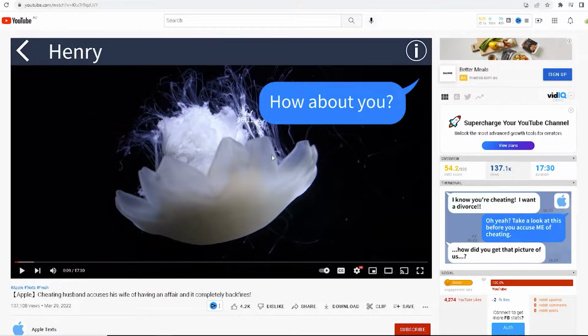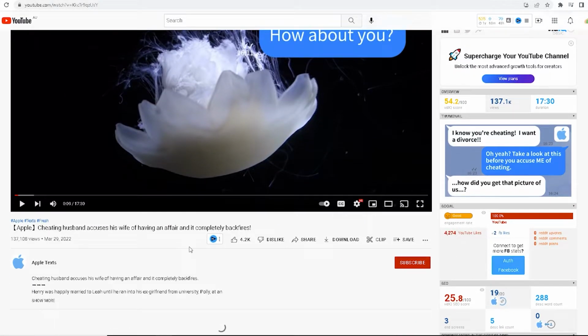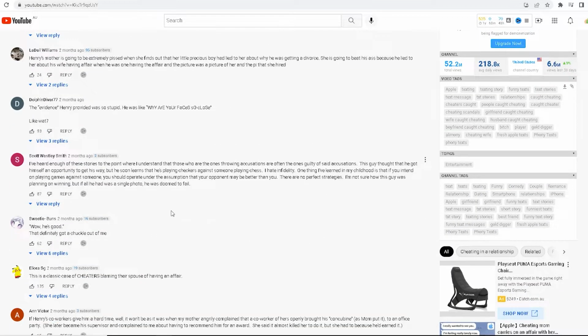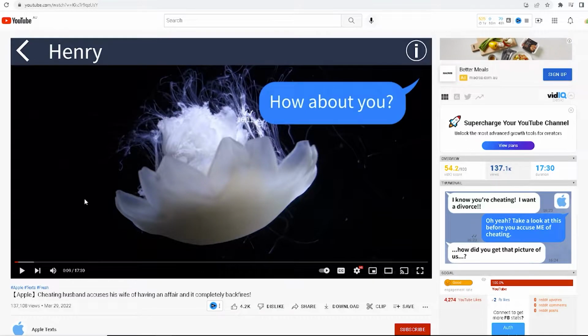So yeah, it's pretty much Apple Text. They talk back to each other. They make up stories, and it just brings in viewers, a lot of viewers. So to create one, either you're good at editing, or you hire someone to edit. But everything else can be done for free in a simple method. In my simple method that I think is very untapped on how to recreate videos.